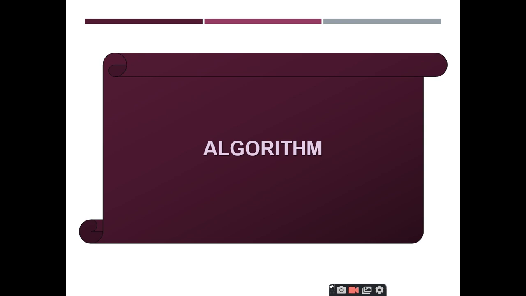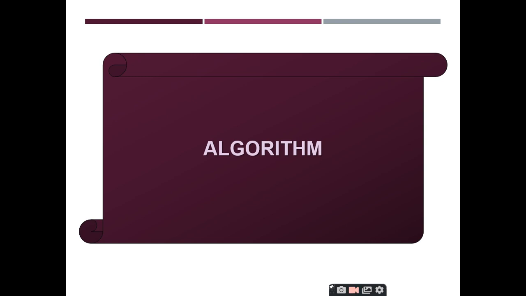But we won't generally bother about these algorithms, right? So why? Because it is a generalized thing, right? Algorithm is not related to any programming language, right? There is no algorithm for C, there is no algorithm for C++, there is no algorithm for Java. Algorithm is a common term which is used as a primary step to develop the software or to give a solution to a problem, right? Never combine the term algorithm with a programming language. Nobody asks you to write an algorithm in C programming language for a particular problem.